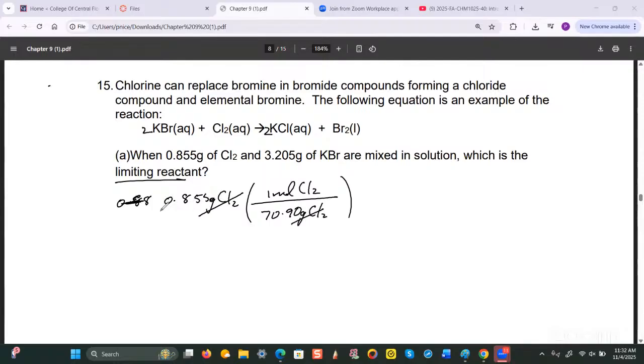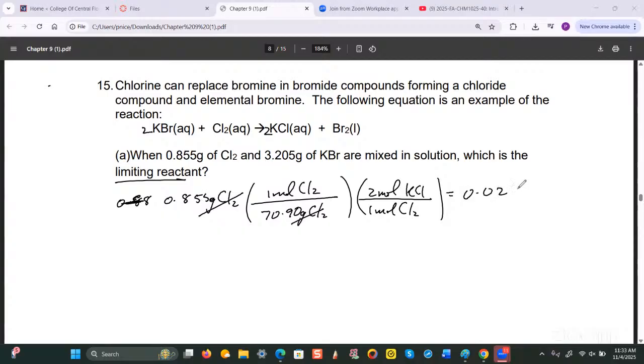And then we look at the mole ratio now between the chlorine, and we could choose any one of these 2 products. So I'm going to choose the potassium chloride for the next conversion factor. It's a 1-to-2 ratio, so I would put 1 mole of chlorine down here, and above I'm going to put 2 moles of potassium chloride. And then we work that out, so that's 0.855 divided by 70.9 times 2, and according to my calculation, I got